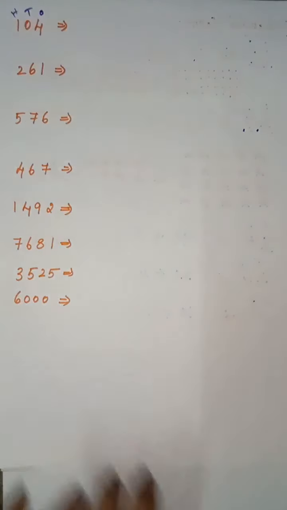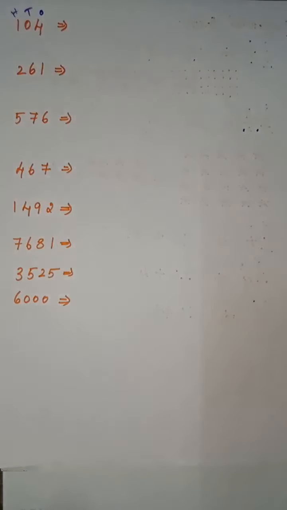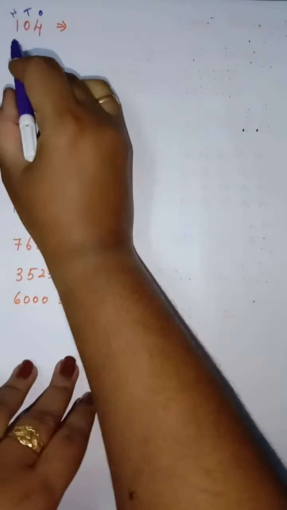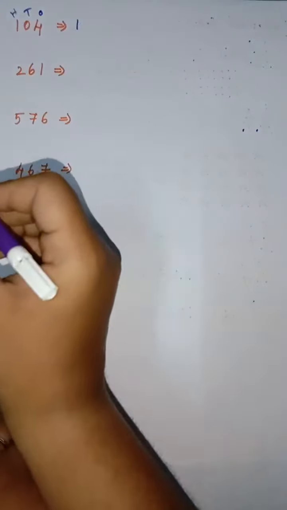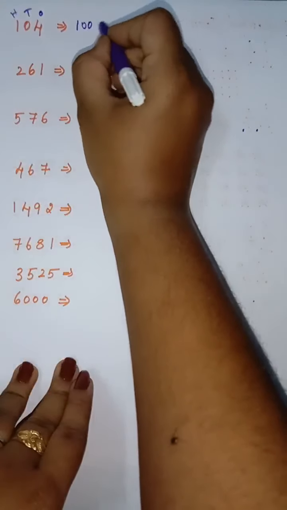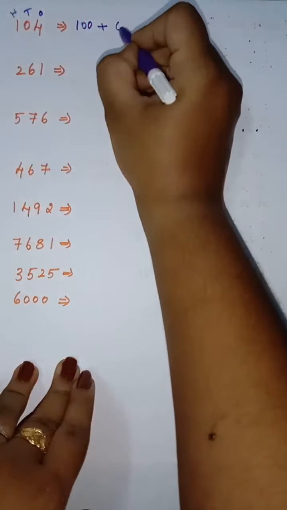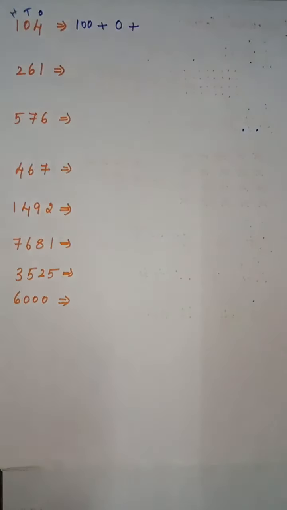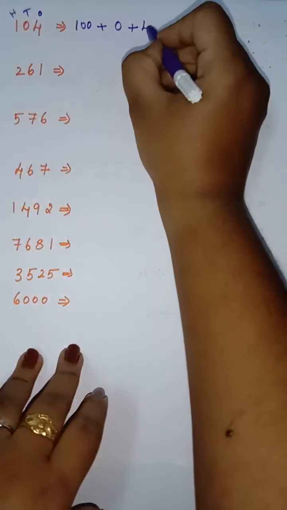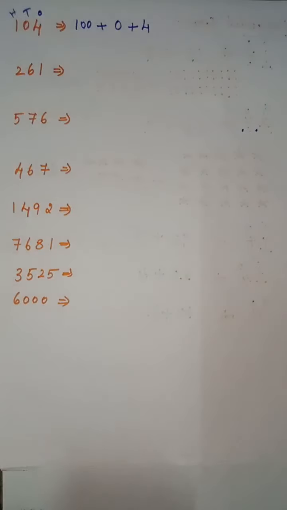So for 100 how many zeros will be there? 2 zeros. So likewise we have to write the first number and we have to put how many zeros? 2 0, and we have to put the addition symbol, then this 0. For zeros and all, you can simply write it as 0. You should not mention any place values there. Okay, next that is ones there, that is 4. Simply you can write it as 4. Clear, students? Can you understand how we have to split the expanded form?